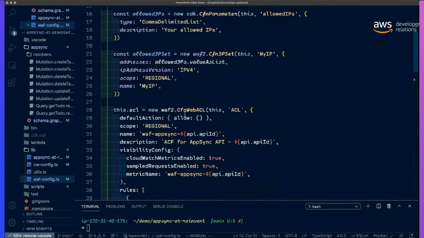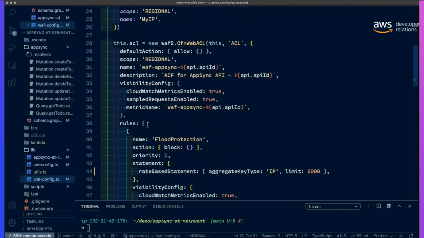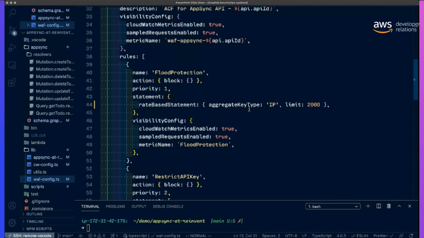Remember, this is useful if I've got the service shared with other businesses, or B2B. Next I can set up where the CloudWatch metrics are going to. So I'm setting up a metric name, and I'm also adding in some WAF rules.